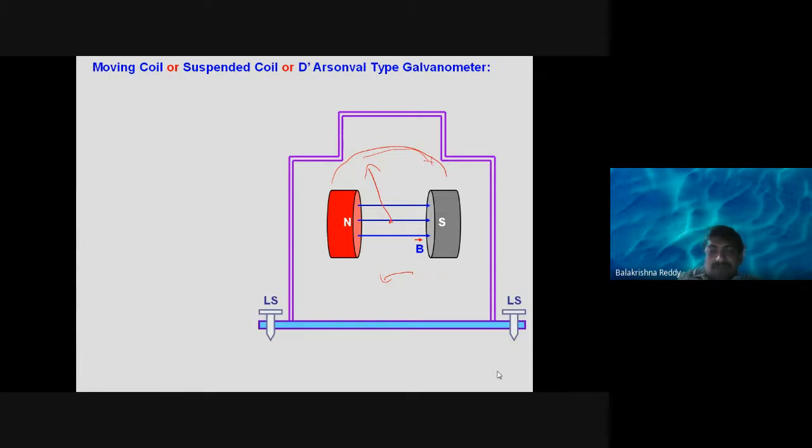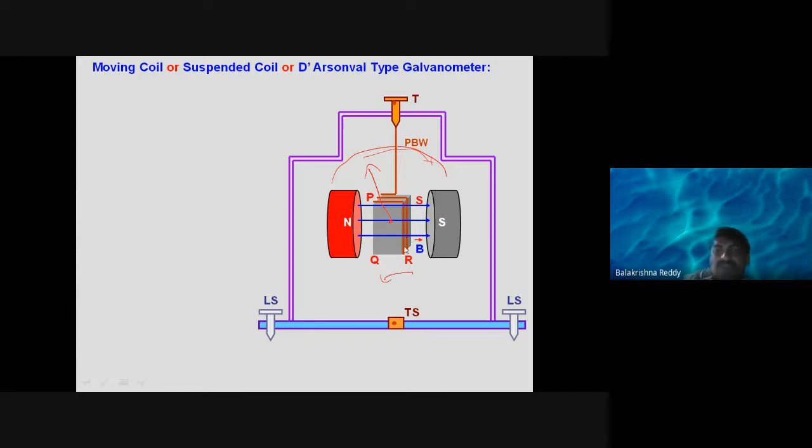What will the north and south poles do? They produce a magnetic field. On what? Let us see. This is a hook or terminal I have used to connect a wire to the terminal. The block you are seeing, the black or ash colored one, is the soft iron piece I took.